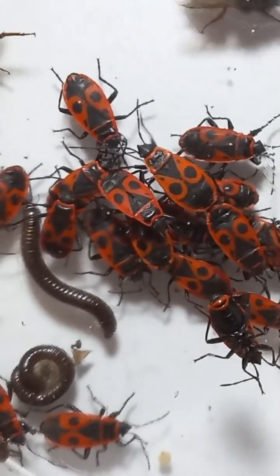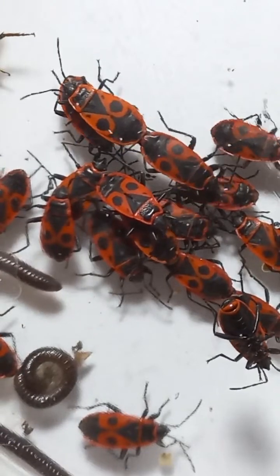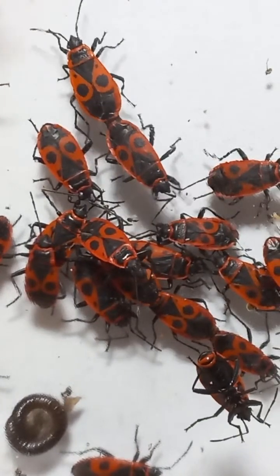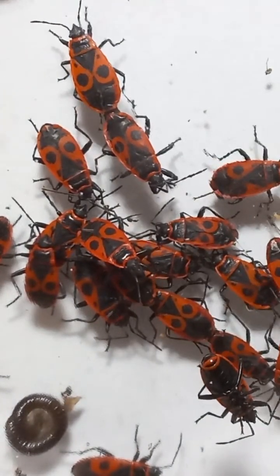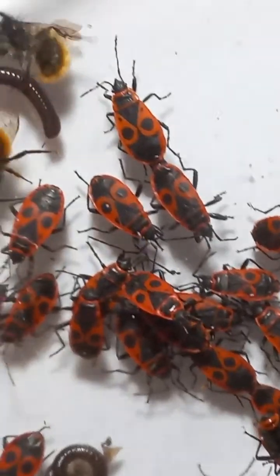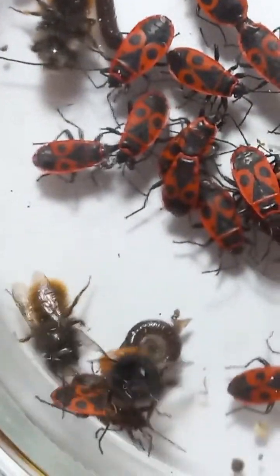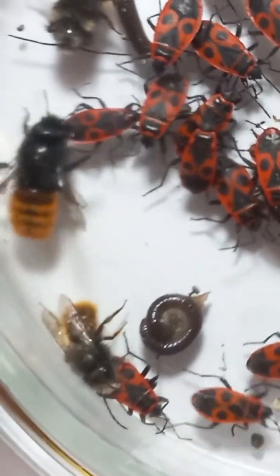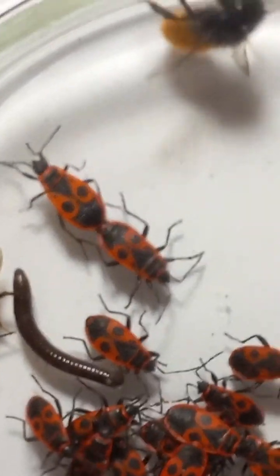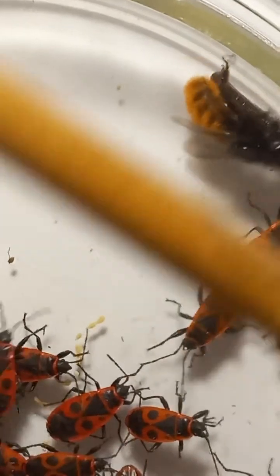I already showed a stream from Golden Gates Square, and this is another stream with insects from the center of Kyiv. These insects are living in the city, in downtown Kyiv. And these funny Osmia cornuta mason bees are living near the Golden Gates Museum as well. Somewhere hiding, somewhere hibernating. They were hibernating during winter, and today was a very warm day, maybe 20 degrees Celsius